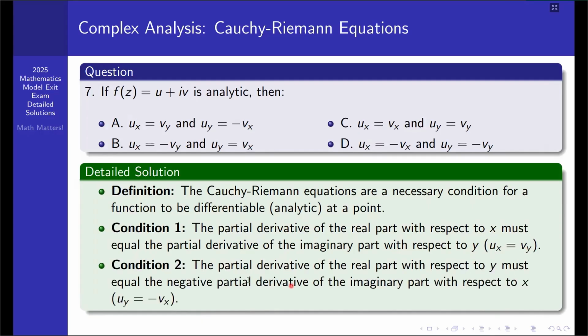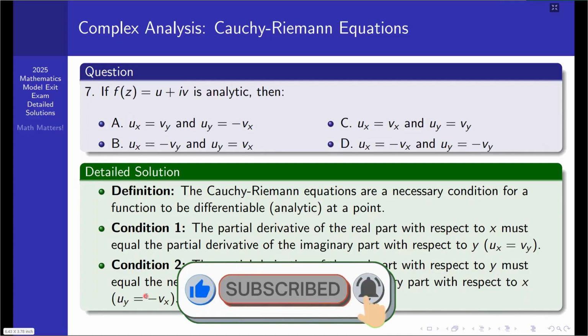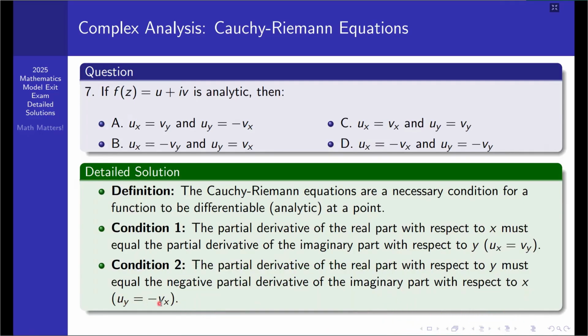And the second condition is that the partial derivative of the real part with respect to y must be equal to the negative partial derivative of the imaginary part with respect to x, that is, Uy is equal to negative Vx. Therefore, the alternative which contains the combination of these two conditions, where Ux is equal to Vy and Uy is equal to negative Vx, is